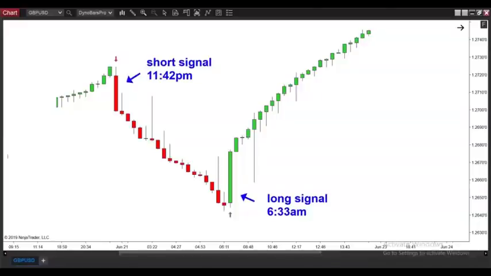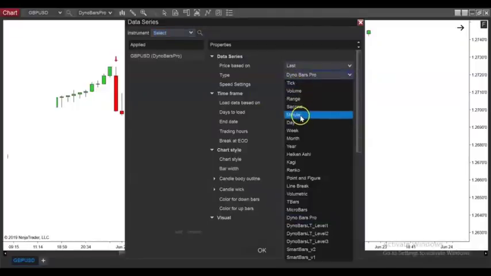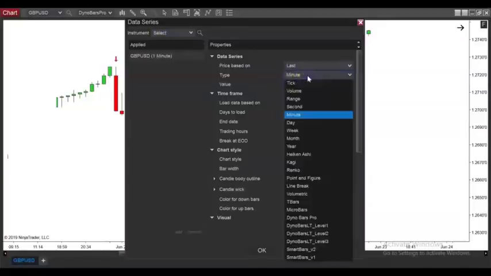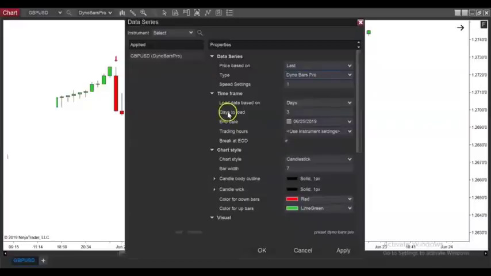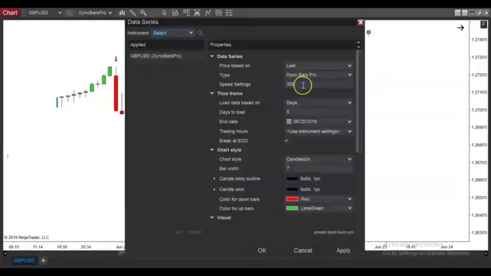So let's look at the parameters of this chart style, all right? It's got a name. The name of this chart style is called a Dino Bars chart, and what you have to do is optimize your speed settings, right? Just like if you picked a 5-minute chart, okay, you'd have to select the number of minutes you want to look at. You've got to do the same thing with the Dino Bars chart. You could pick a speed setting of 1, you could pick a speed setting of 2000, or you could pick a speed setting of anything in between those two, right? So I have a speed setting here of 300, which is what I think works very good on this particular